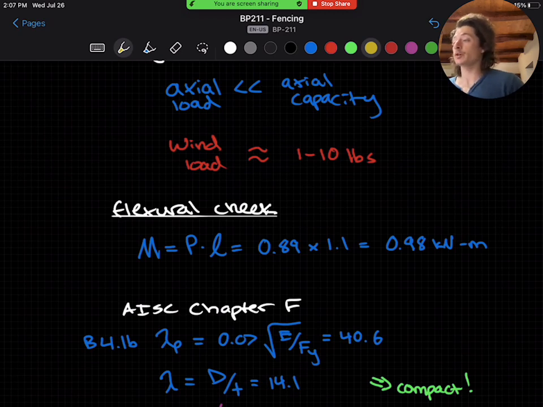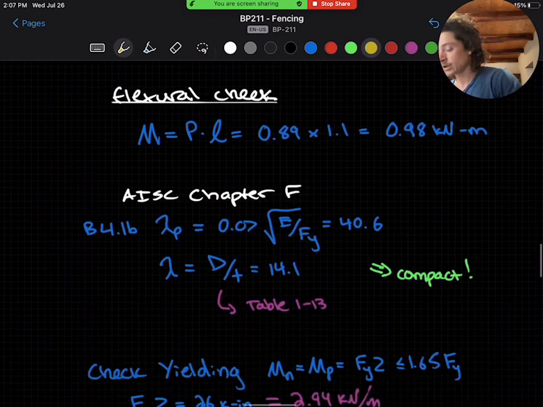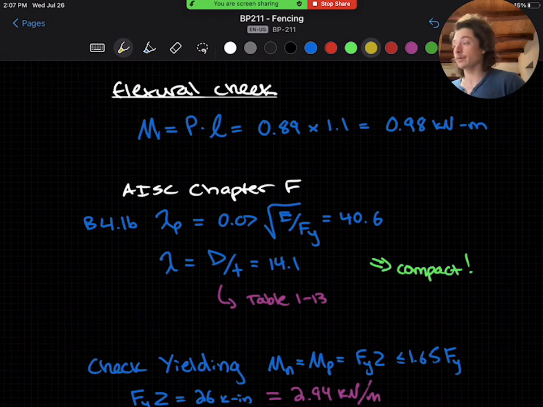We'll find the actual capacity of the column using the AISC specifications in Chapter F for flexure. So you may remember from the decking section where we check the crossbeams. We'll first check for compactness in Table B4.1b for flexural members. And in this case, the limiting lambda p value for round HSS members, or pipes, is 0.07 square root of E over Fy. Remember that Fy in this case is 50 ksi for the HSS pipe, so we get a